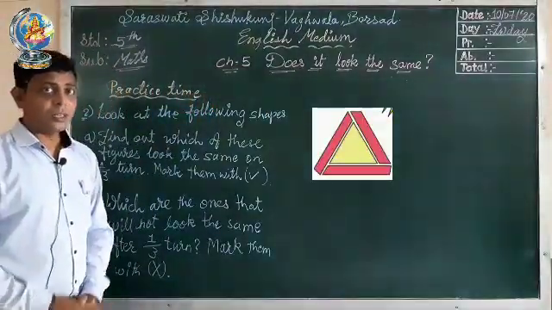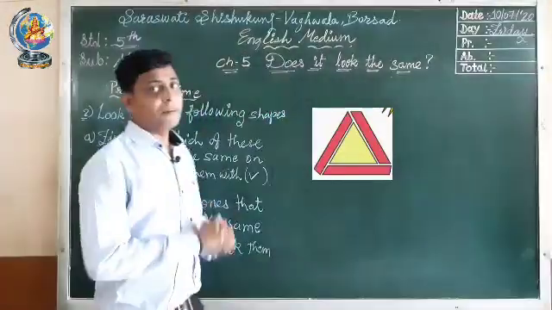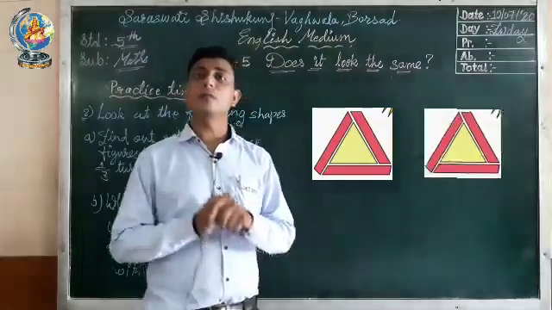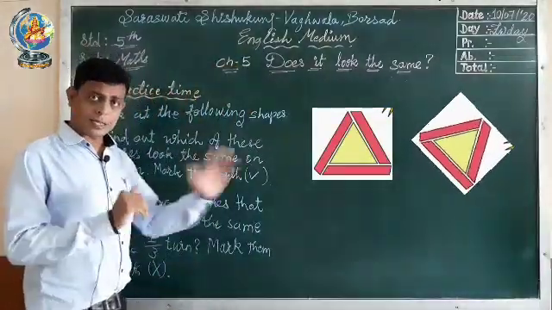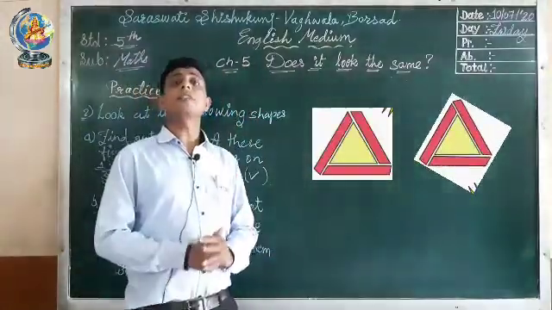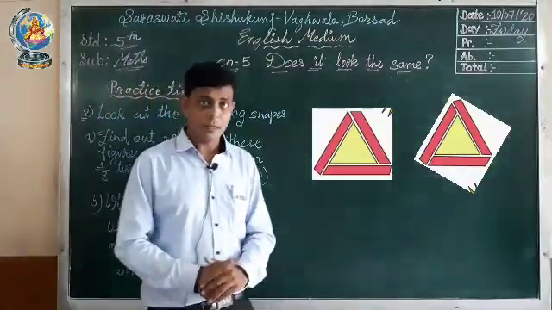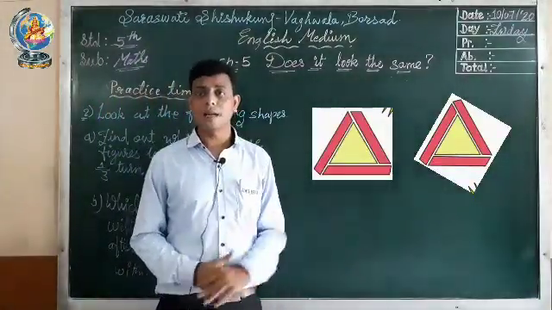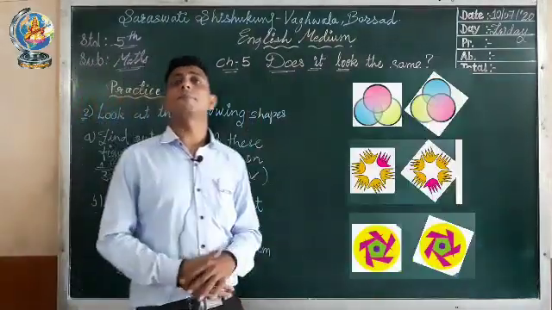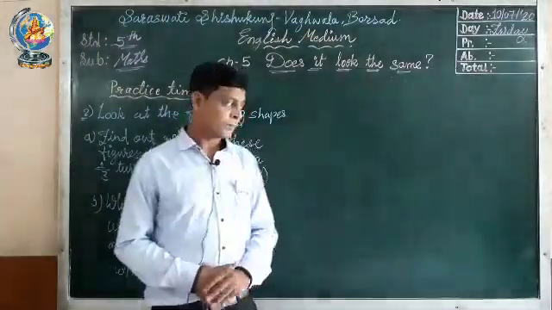Fourth picture, you can see your triangle. When we rotate this triangle figure into 1/3 part, whether it will look the same or not. Let's rotate it. You can see in the picture. Now if you see the picture, it will look the same compared to the original figure. Means here we have to do tick mark. In previous 3 pictures we have to do cross mark because they all are not similar.